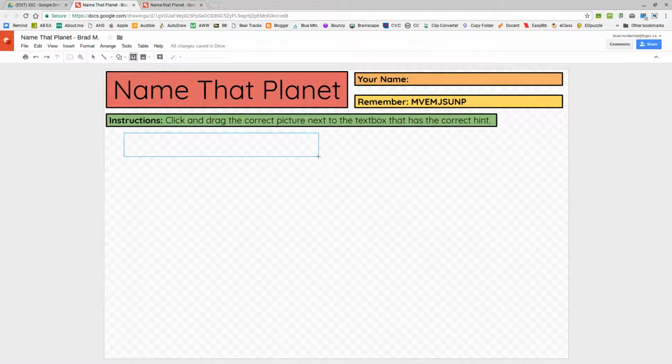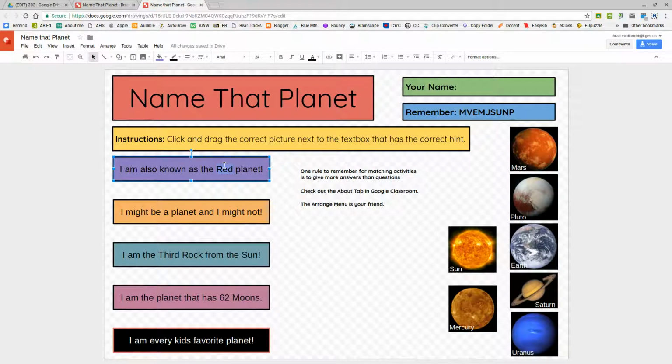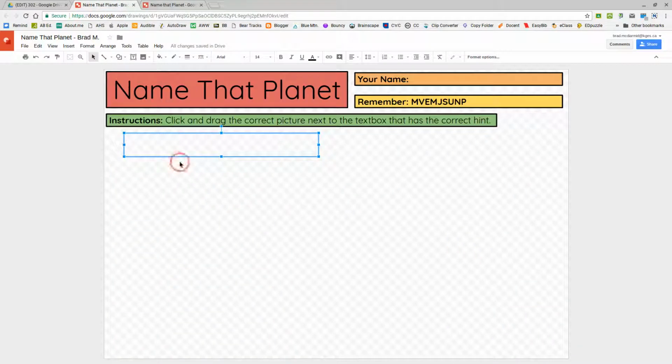So probably about that size to start off with. And again, because we're doing the planets, you can have any hints you want. I am just going to borrow the ones that I did in this other assignment and paste them in. The process is going to be exactly the same as we've used for all the other ones. I'm going to make sure that it is centered, and I'm going to scrunch it down a little bit from top to bottom, right? I'm going to get this one the way that I want it,